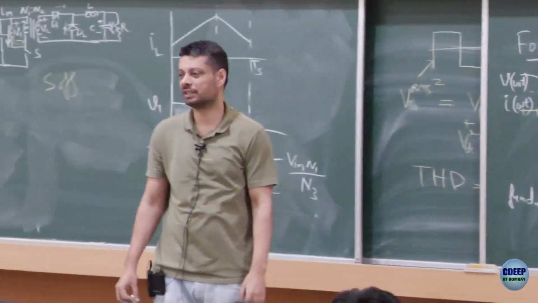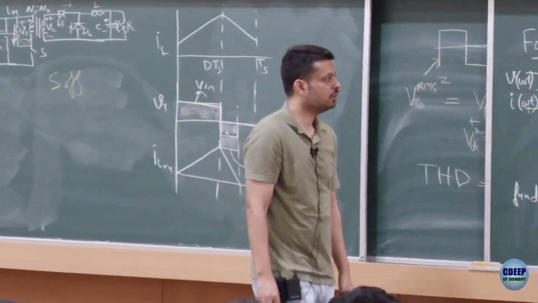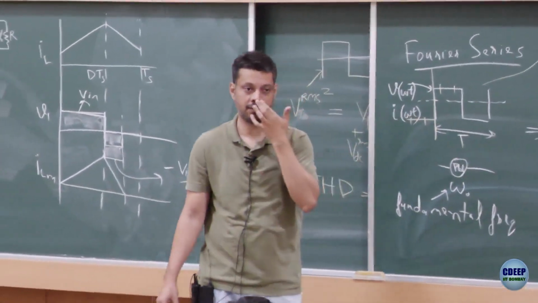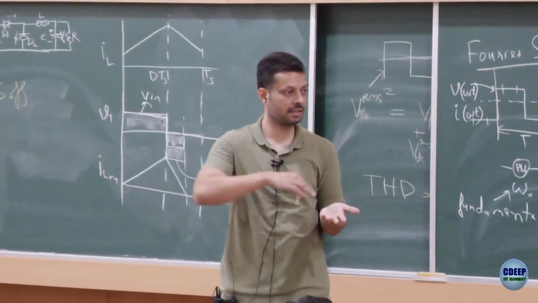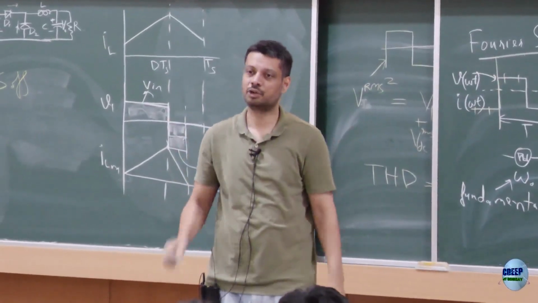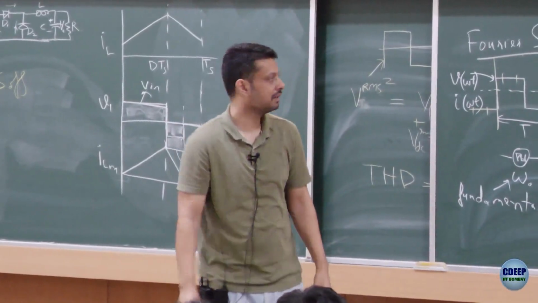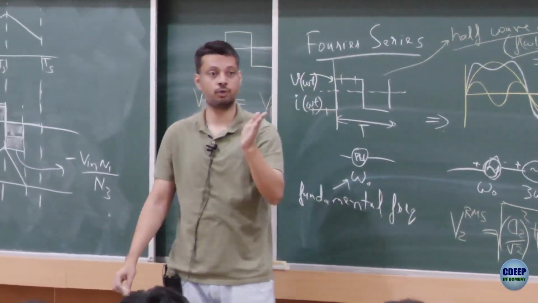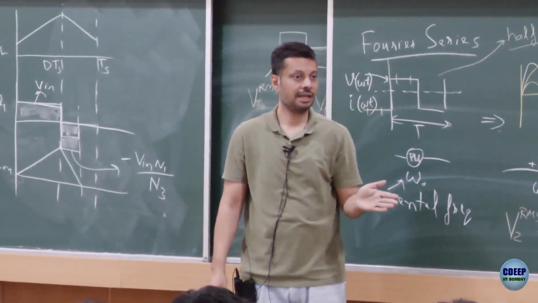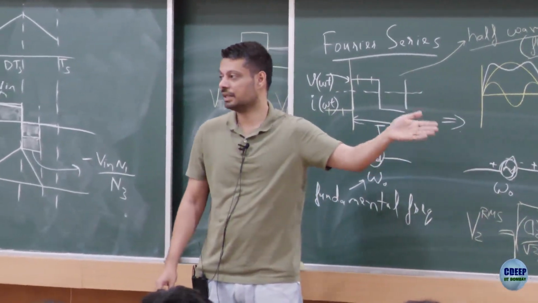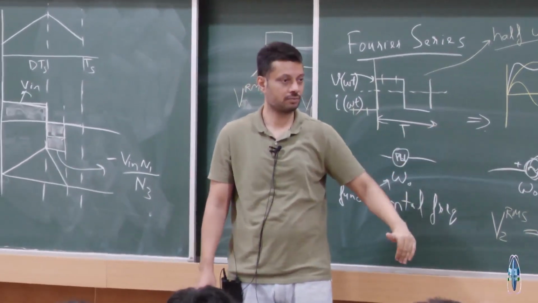Why is it so important that it is 0? Because usually when we draw the waveforms, we draw them half-wave symmetric, right? We draw a sine wave, which is of course half-wave symmetric, f of theta equals minus f of minus theta. We draw a square wave that is half-wave symmetric. Most of the time the voltages in the grid would be almost half-wave symmetric, and therefore predominantly you would have odd harmonics in the grid. The even harmonics would be very, very small, right?